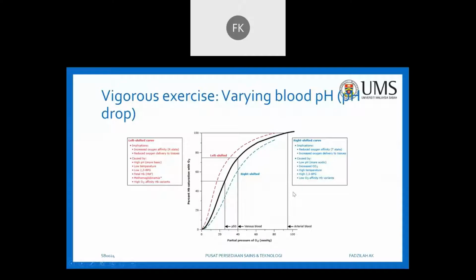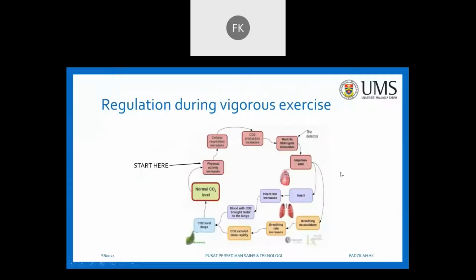Okay, same thing. We discussed this figure before. The most important is the pH level in the blood. Low pH level means more carbon dioxide. You start here: regulation during vigorous exercise. First, physical activity, and then cellular respiration increases because your muscle is active. Cellular respiration increases and you produce more carbon dioxide in your body, and then it will be detected by